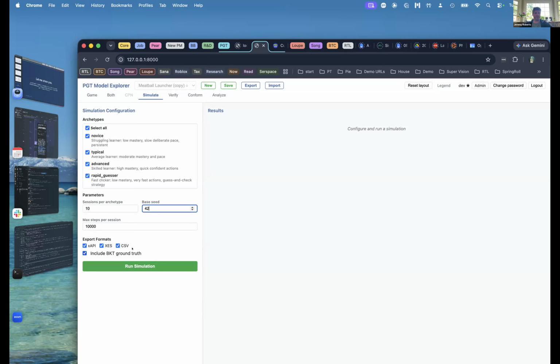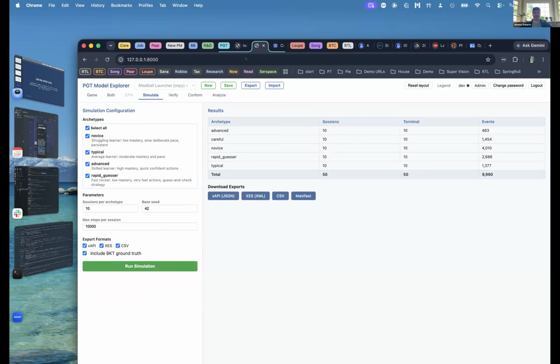because that is integrated, I can have the BKT estimates, for example, like a latent mastery value, annotated onto the trace that it generates. So, simulating some things, I can see a number of sessions, how many got to the end, how many events were taken, and so forth. This is so I can generate simulated log data with these profile characteristics in the format of my need.